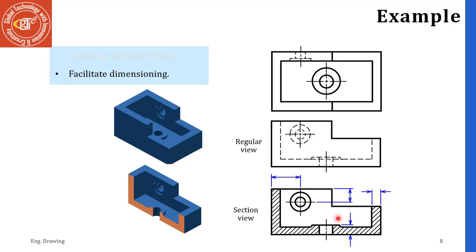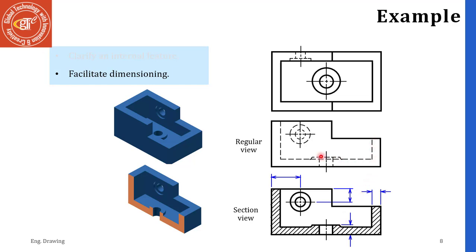Sectional view is drawn by adding the imaginary cutting plane or cutting plane line at the half of the object. After adding the cutting plane line, the other half of the object is removed. After removing the other half of the object, you can clearly see these internal features. Then we draw these features on the drawing by continuous line rather than drawing the hidden lines.